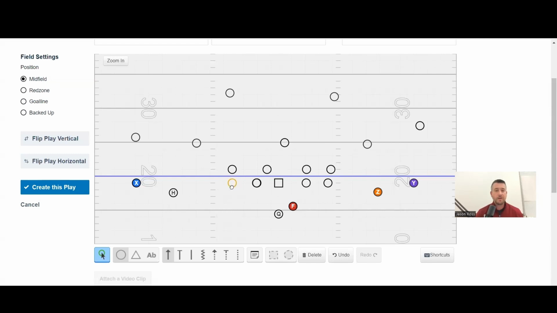So if this tackle is back here, now this defensive end, to get into his pass rush, he has to travel an extra distance before he starts getting into his pass rush to come around. Same thing here with the guard. If the guard is backed up just a little bit, that tackle has a little bit further to go to get into his rush to try and get into the fits. So that's one little thing, one little adjustment you can do to give your offensive lineman just a little bit